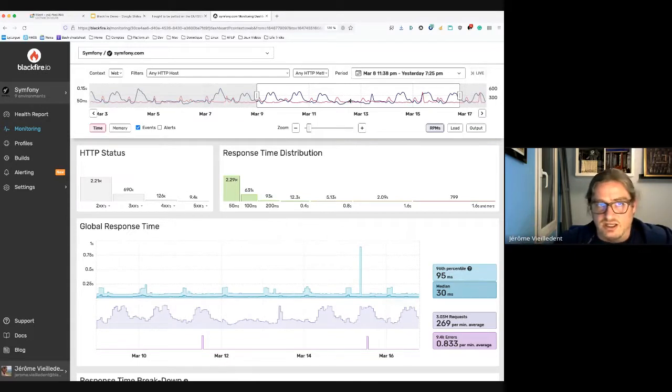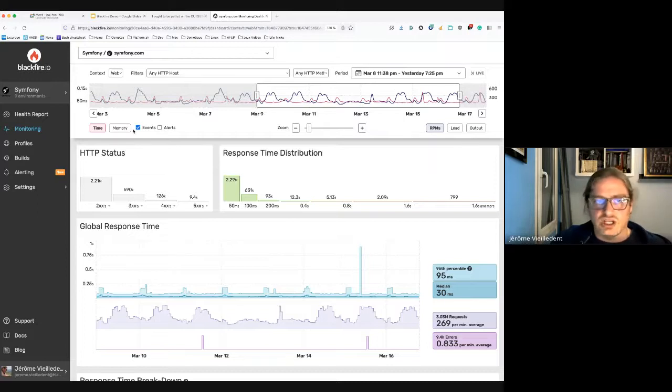And you have 2 lines. The pink line represents the wall time, so it's all the traces, the time spent processing all the traces. The blue line represents the RPM, the number of requests per minute. So it's basically the traffic.